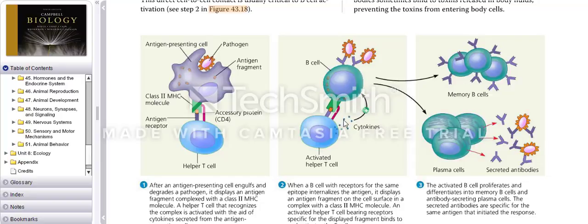When the cytokines are produced, you get the activation of this B cell, and the B cell proliferates. Like we had discussed earlier in the series, it clones itself into memory cells, which are used for long-term usage, and plasma cells, which differentiate to secrete these antibodies. So the plasma cells